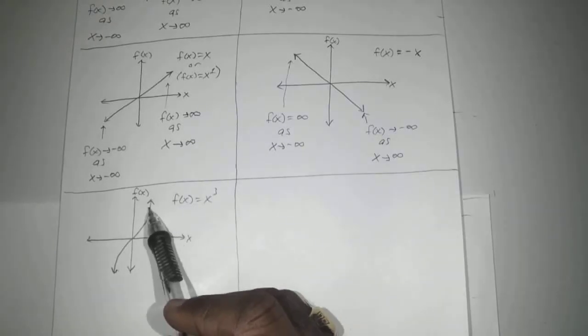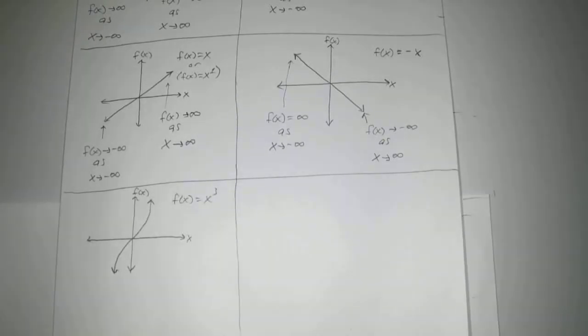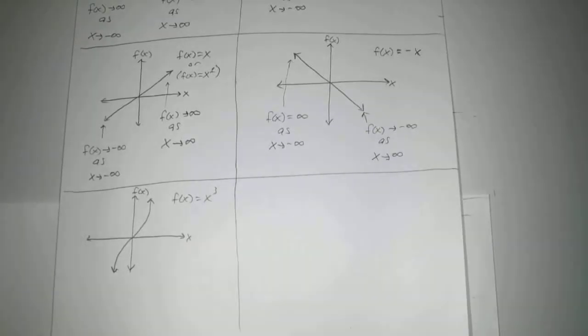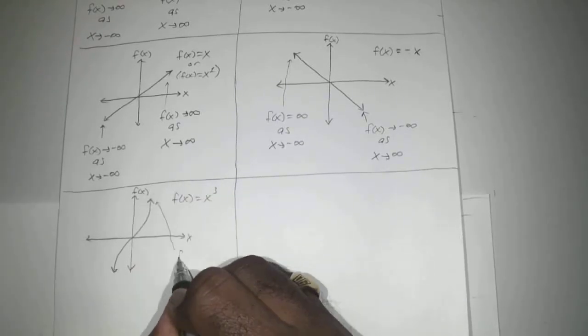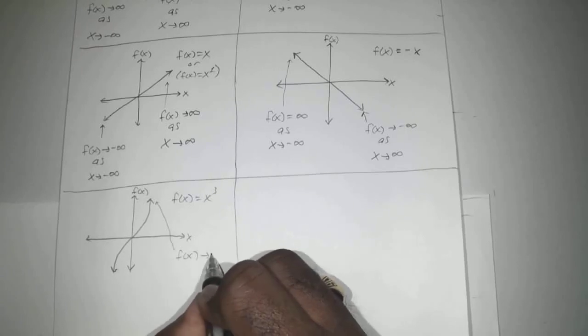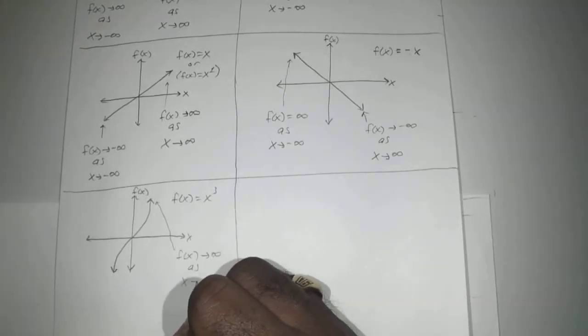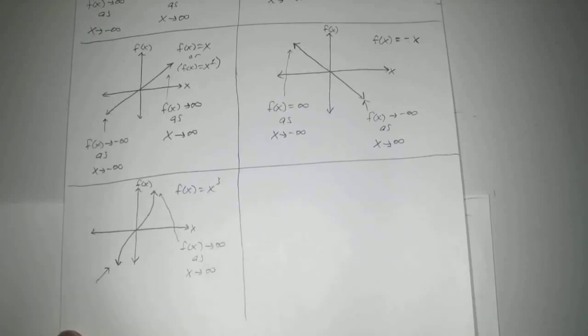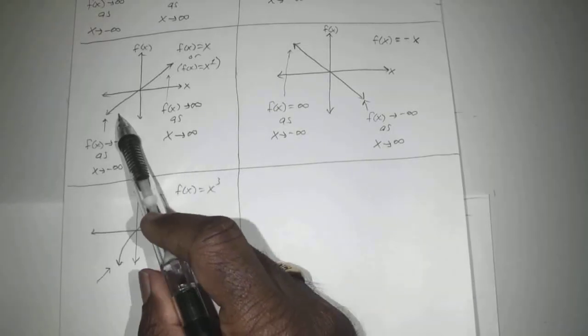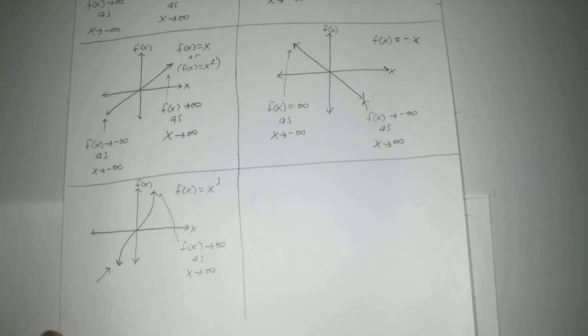So if you notice with this one, as x gets bigger and bigger and bigger, your f of x also gets bigger and bigger. So that means for this endpoint, f of x approaches infinity as x approaches infinity. And for this endpoint here, yep, it would approach negative infinity as x approaches negative infinity. So if you notice, both of these have the same endpoint direction. So your f of x approaches negative infinity